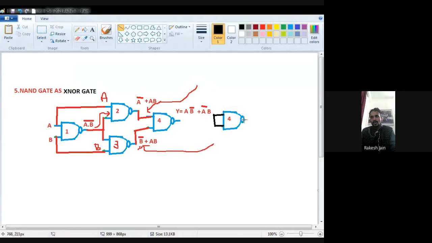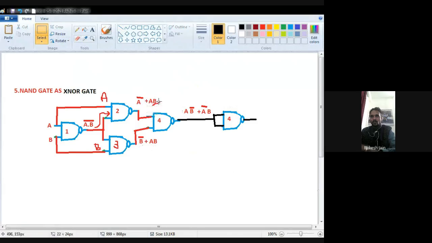Okay, and connected with this, right? So what will be the output? We now see. This is not my final output, because now it will change. So first of all, you should find out the output of the XOR gate. As it is, we find out the output, and then just connect at the output